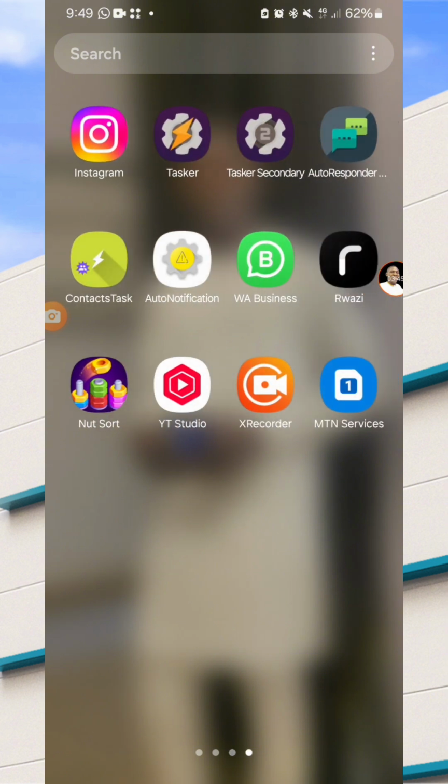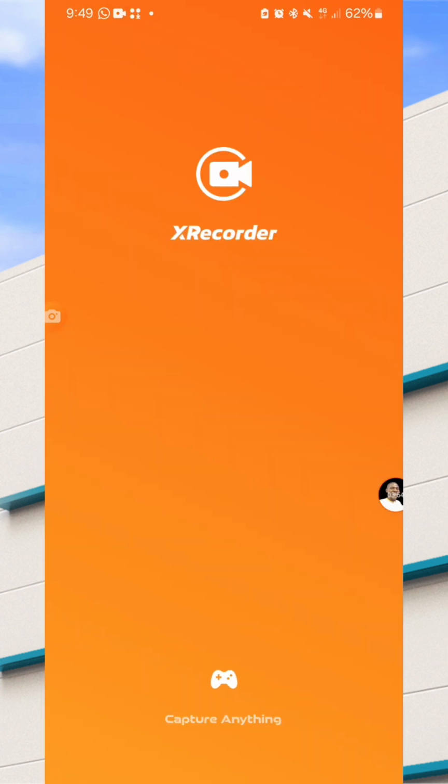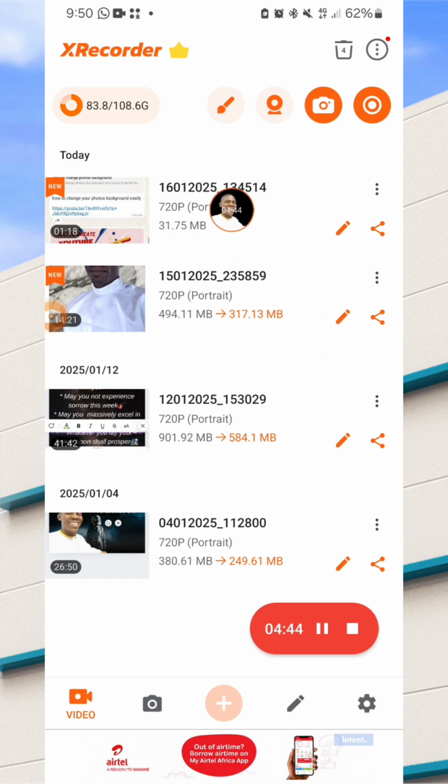Then come here, click on the screen recorder. Do you see the X recorder? Then just click on it. When you click on it, it will bring out some things for you. All these things that you are seeing are the screen recordings of all the tutorials I've done. Now look at this one, this one, this one. I'm going to show you how they all work right now. That is why, anytime you are watching my video, try to be patient and watch it to the end. Now when you click on this photo, on this one,